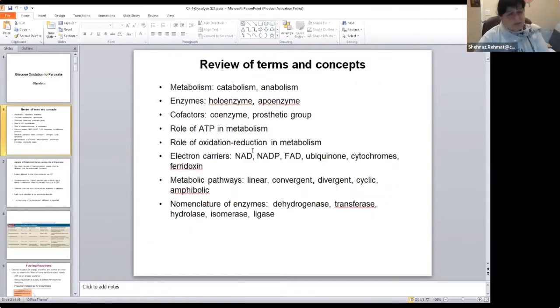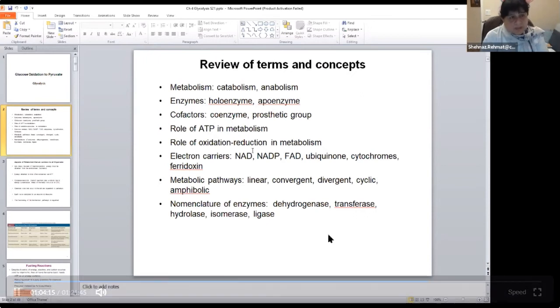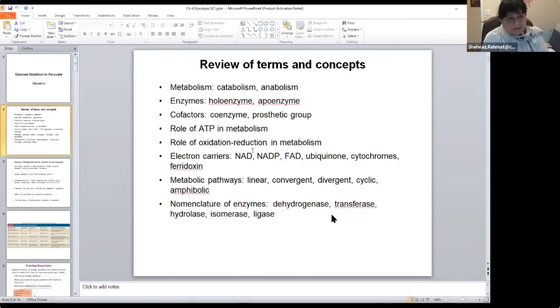Review. Some of the terms that you should know and should work on over the weekend or before the next class are: what is metabolism, what is catabolism, anabolism, enzymes which are called holoenzymes, apoenzymes, cofactors, coenzymes, prosthetic groups, role of ATP,